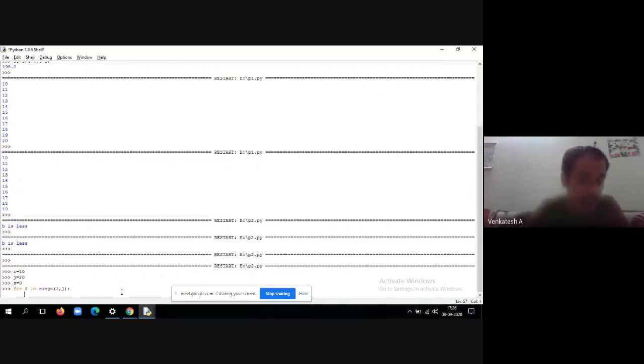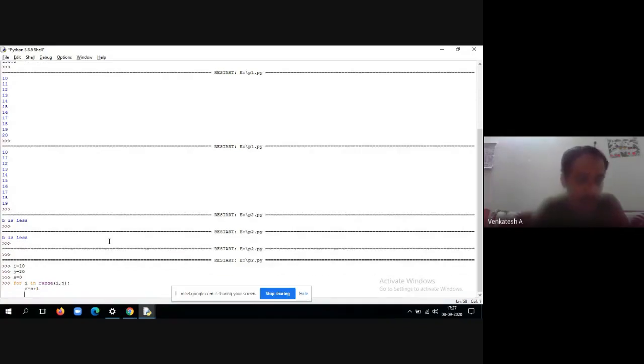Now look here, immediately after hitting the enter button, where it is starting. So indentation is starting from here. Now s is equal to s plus the iteration variable i. In the first iteration the value of s is 0, so s is equal to 0 plus 10. In the second iteration the i value is 11, so s is equal to s plus 11, that is 10 plus 11. Like that, cumulatively in iteration manner, it will do the summation of all the numbers ranging from 10 to 20.